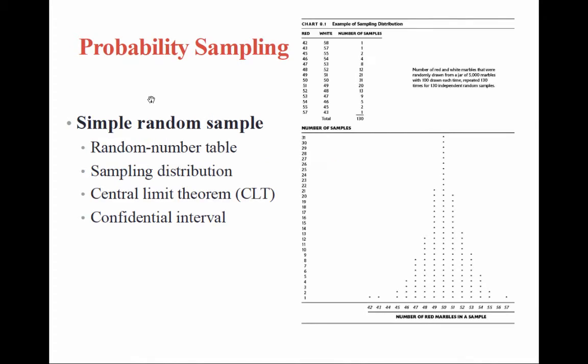Now, there are 5 ways to think about how to sample randomly. These 5 are the simple random, the stratified sample, the cluster sample, the systematic sample, and the multi-stage sample. We're going to talk about those 5 coming up here. So we start with the